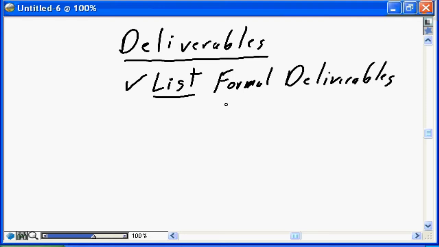But simply defining you're going to produce deliverable number 1, deliverable number 2, deliverable number 3, which is the requirements, which is the design, which is the final product, is a good step, but that probably isn't clear enough. That still leaves room for interpretation, leaves room for ambiguity. So instead of simply providing a list of final deliverables, you need to provide a list of final deliverables with a paragraph,